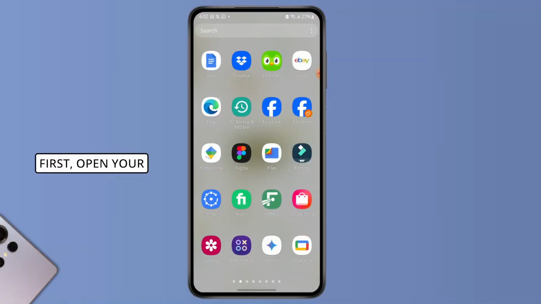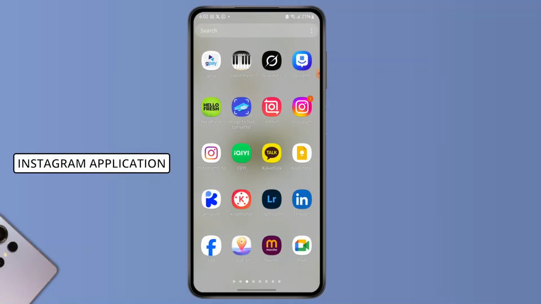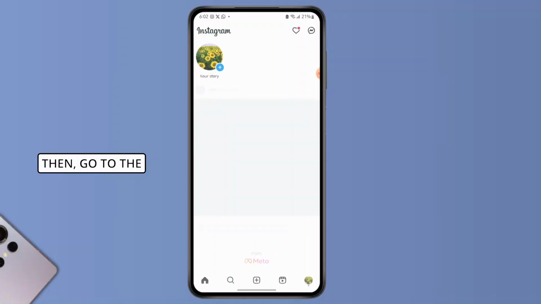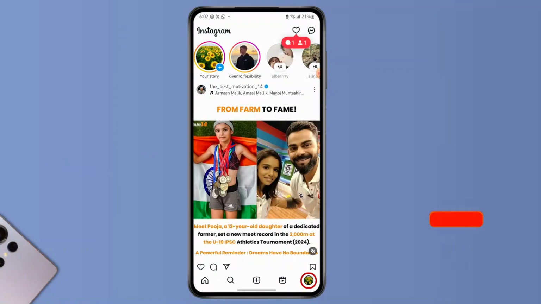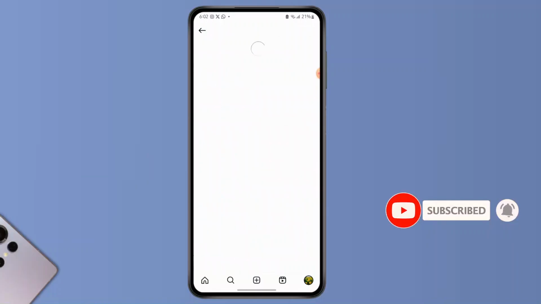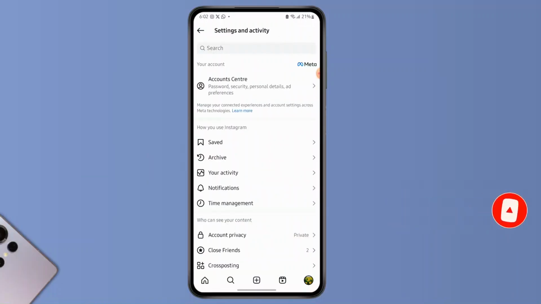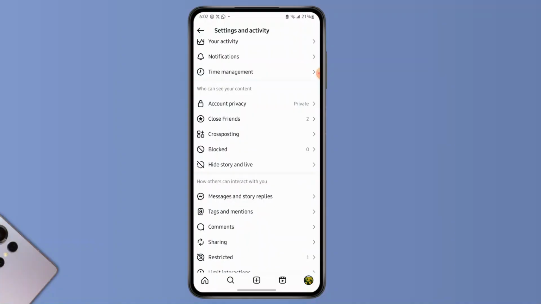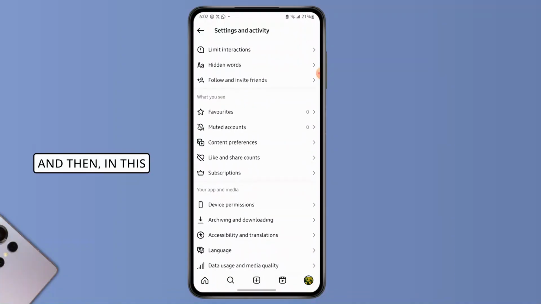First, open your Instagram application. Then go to the profile icon. After that, go to the menu bar. Now scroll down and then in this